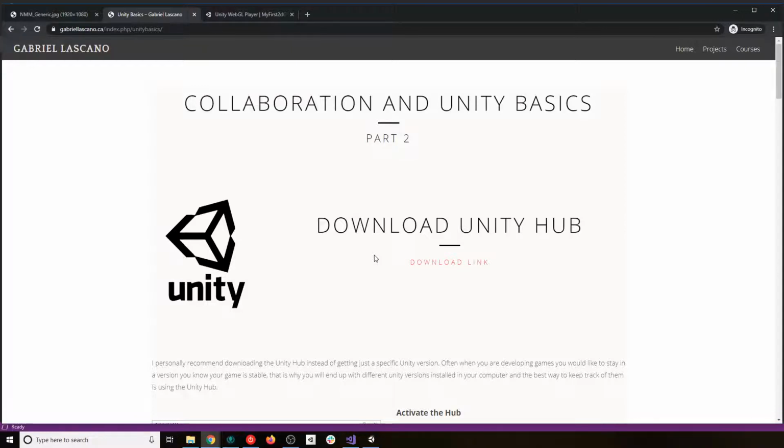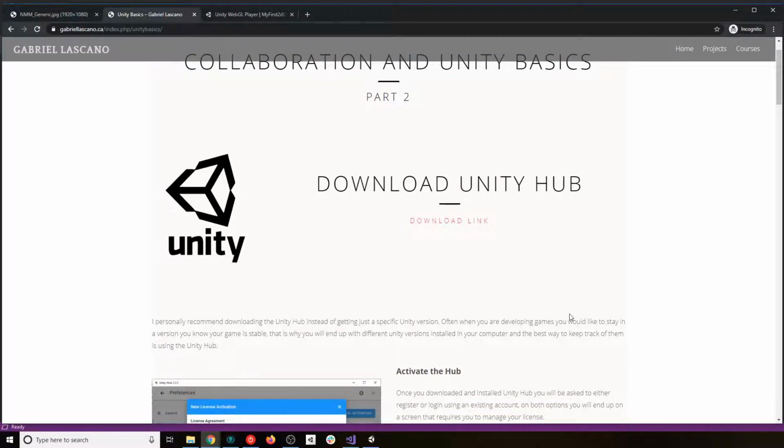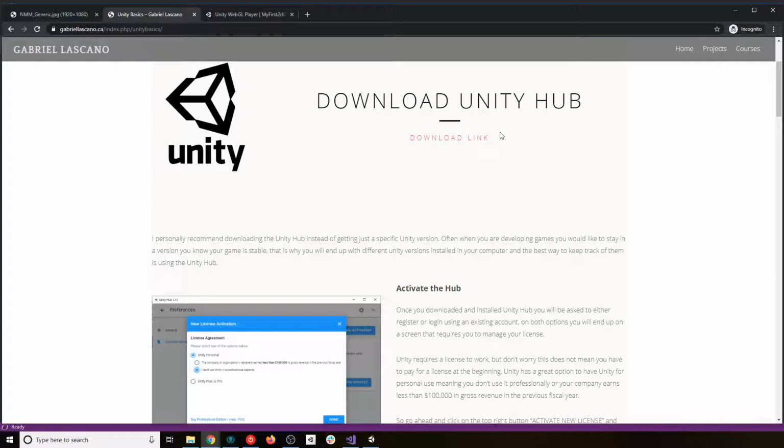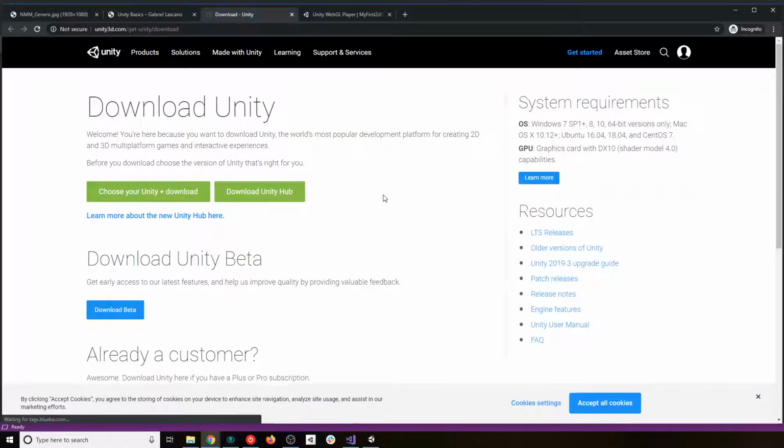I love Unity. I have worked with both, and for the sake of this course, because we are going to start from the very beginning, I want to teach you guys in Unity how to make a 2D game, like the one that we just saw. So I prepared this website here, and what I recommend is that you guys download the Unity Hub. The Unity Hub is something that Unity released not long ago, I would say,